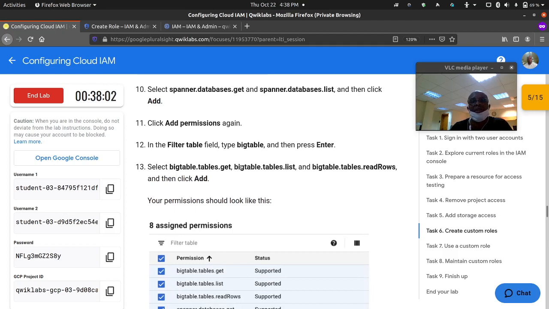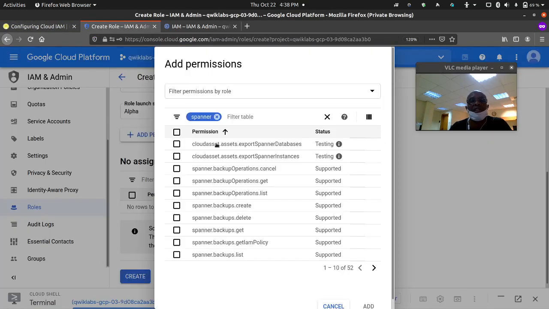bigtables.tables.get, bigtables.tables.list, bigtables.tables.readRows, and then click add. So bigtables.get,